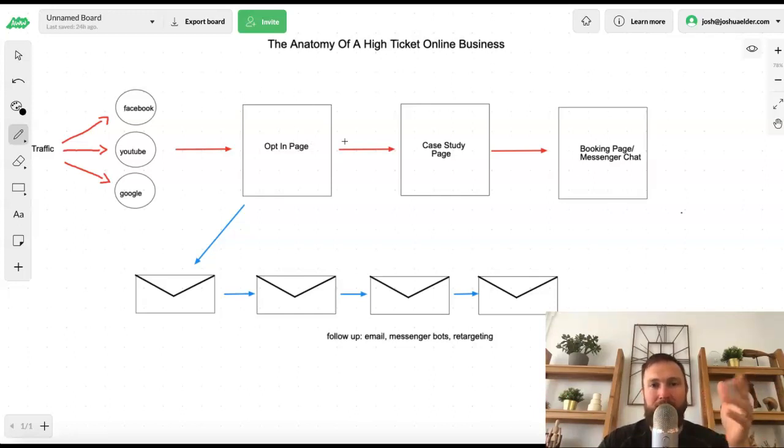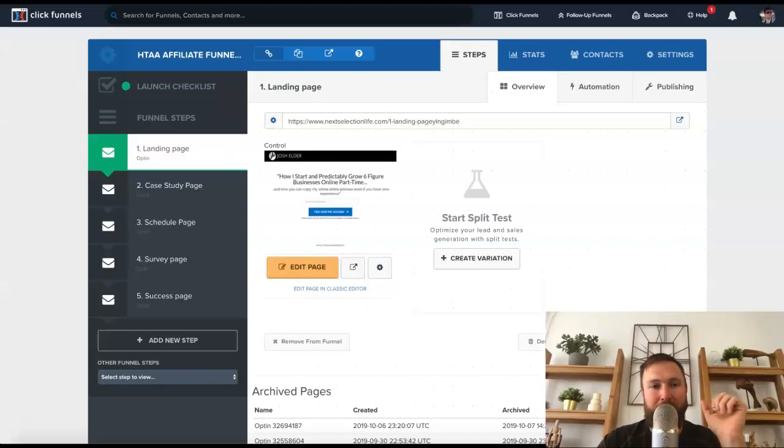It's a 3-step process, and it goes from somebody entering their email address, right? They come from YouTube initially, then they come to this page from the description of your YouTube video. They enter their email address, then they go to a case study page, and then they go to book a call or go straight to Facebook Messenger. Now, you're going to be able to outsource this whole entire process, which is going to be pretty dang cool. So essentially, you're going to get all of my assets.